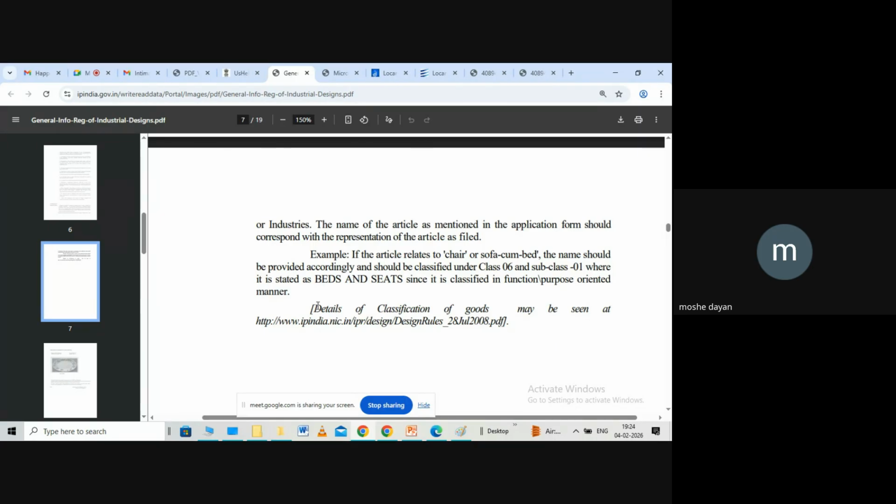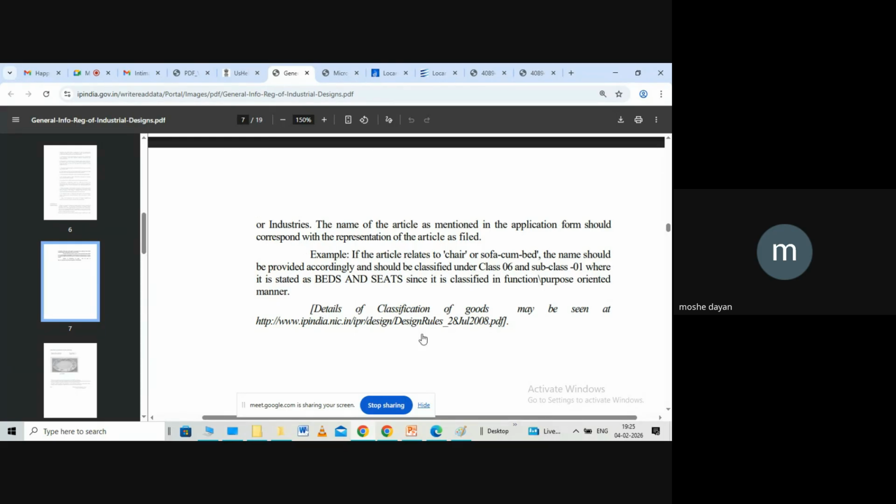But there is a rule: we need to intimate the controller that yes, we are ready for the hearing, 15 days before the hearing date, after we get the notice. I think it is 15 days before the date of hearing, you should intimate the controller that yes, I'll be available for the hearing. You can either give form 30 or send a mail telling that you are ready for the hearing. So these things you should be very clear about so that you can secure a grant.